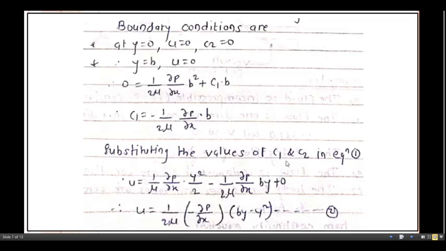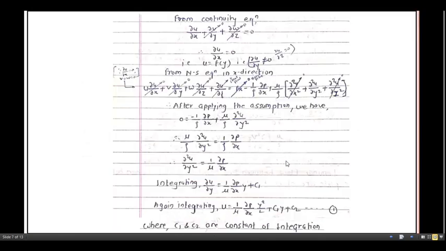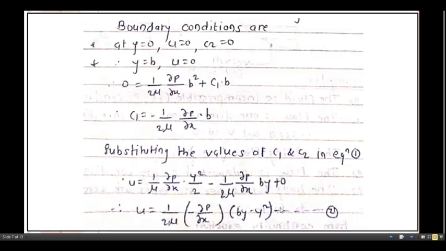Now in the coming part, our aim is to get the values of the constants c1 and c2. Once we get them, we can put them in the previous equation and get the clear, total value for u. For that, it is very important to use the boundary conditions. So what are the boundary conditions here?